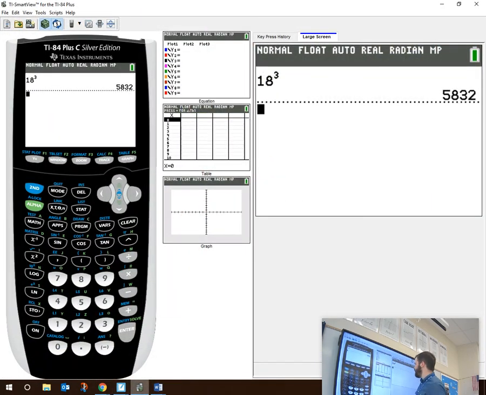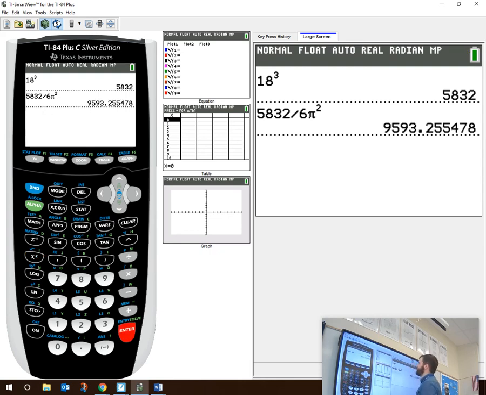We have 5,832 divided by 6, and here's the tricky part, 6 pi. So to do pi, we've got to go second pi and then squared. So 5,832 divided by 6 pi squared, it's going to be,